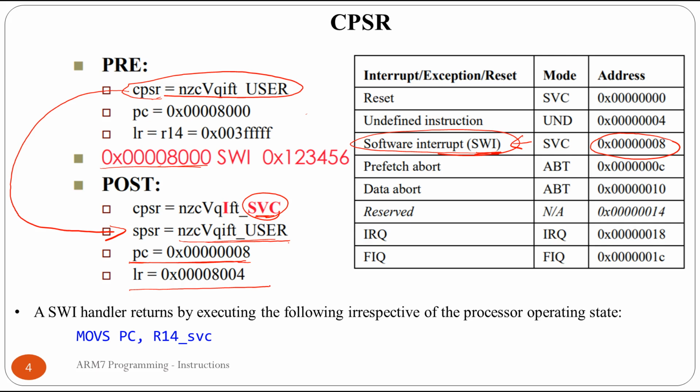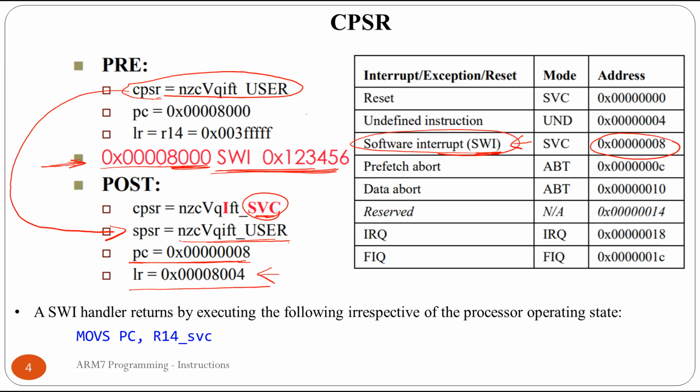Whenever the interrupt occurs, the main program location is 0x00008000. After the interrupt is executed and the program counter returns to the main program, your program counter must point to the next instruction. The next instruction will be available at the 8004 location, because locations 8000 to 8003 are assigned to this 32-bit instruction. That's why your link register will be loaded with this address.